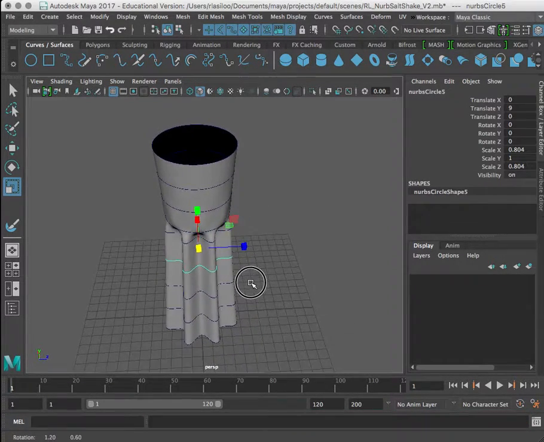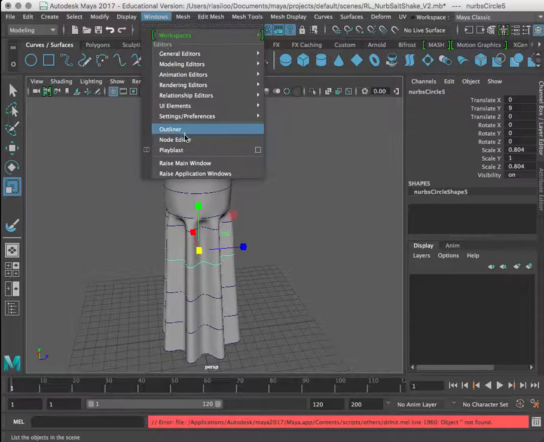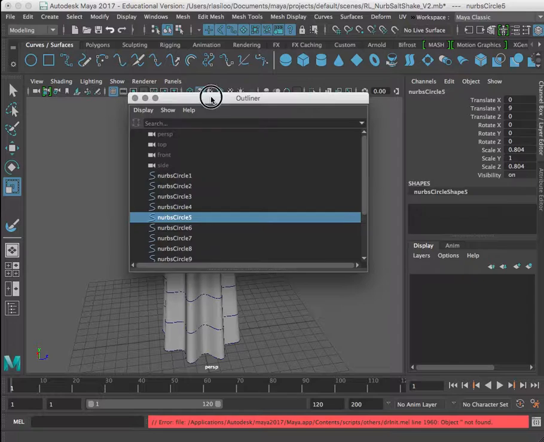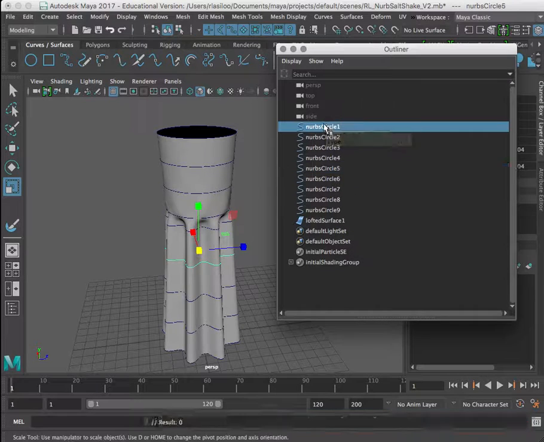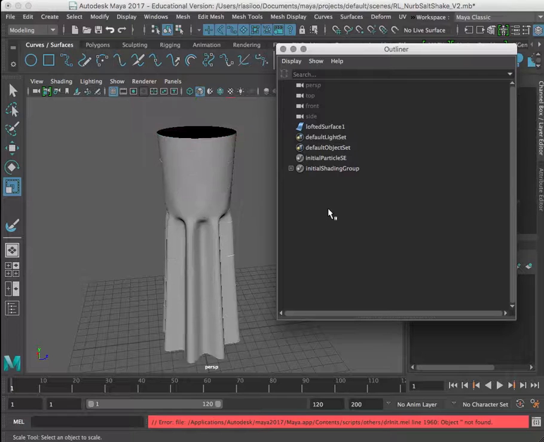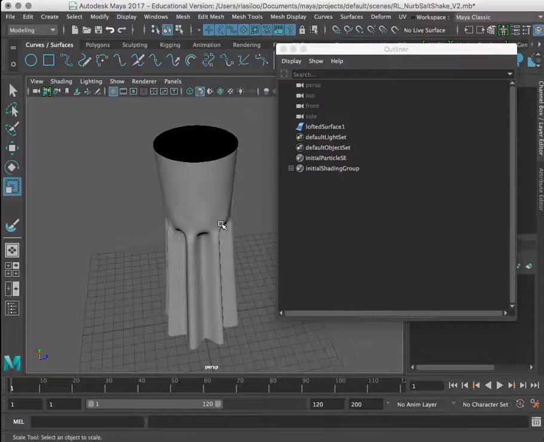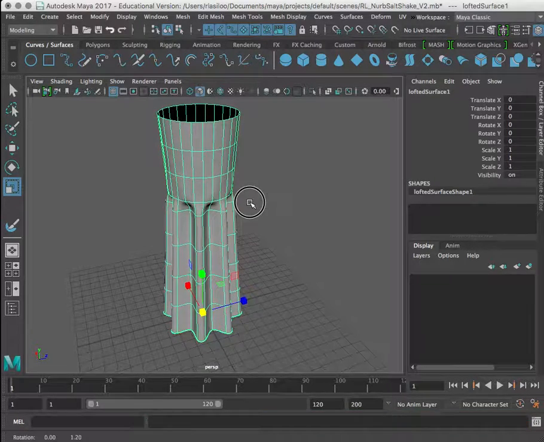And if I go to my outliner, the window outliner, I can select any one of these curves and modify them, but if I'm happy with what I have here, I can just simply select my set of curves and delete them, and now my object will be a standalone shape. And if I select my object,